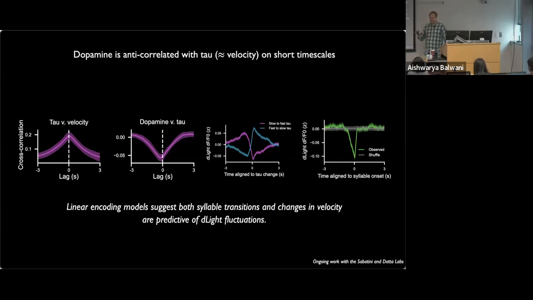So I think there's a lot of interesting work left to be done here. This is the type of stuff that we're doing right now. But it's already pointing to how these models that we're building to capture and dissect behavioral data in a more refined way, not just discrete syllables but continuous degrees of variation between behaviors, are allowing us to go back and look at these neural signals of interest through a new light.